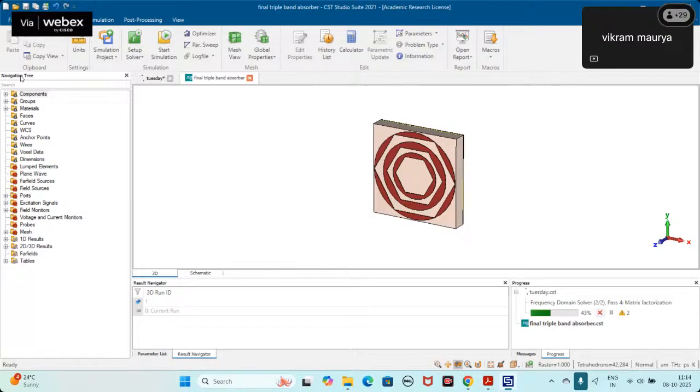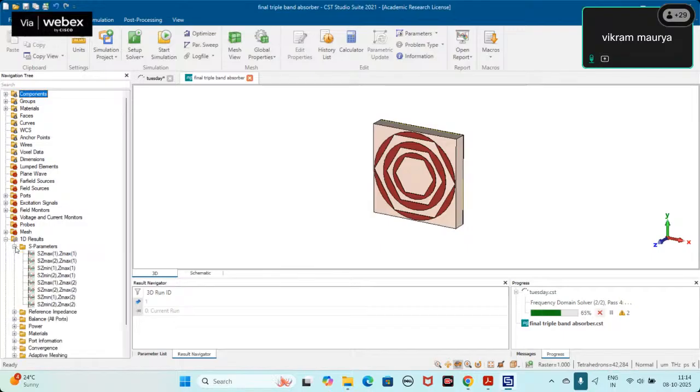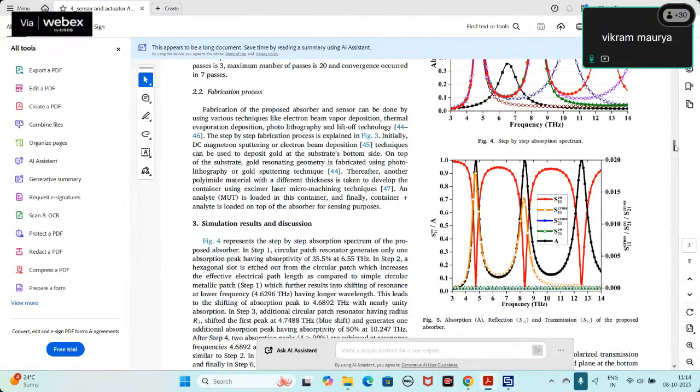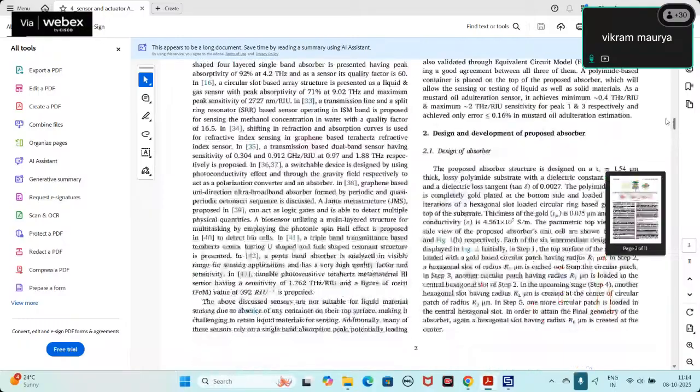So go to this 1D results in the navigation tree. Here, I have to check the S parameter first. Here, all the S parameters will come. Where the second one is, this is the input side and this is the output side, meaning from where you are applying your signal, and this is the second port. So if I am checking the S11, because we already know for the calculation of absorption, the formula is